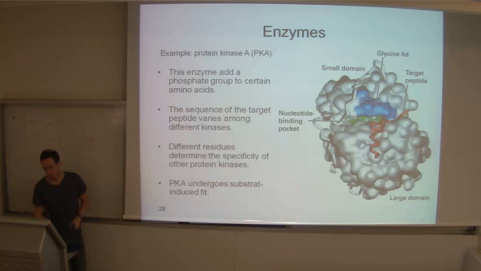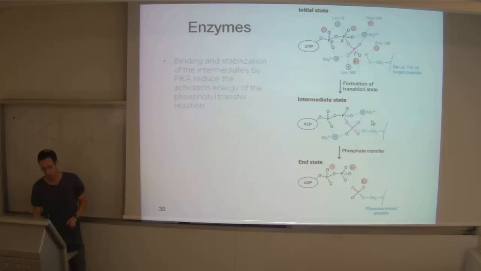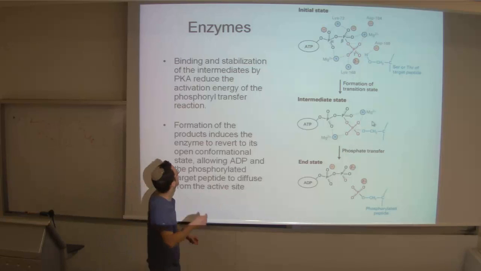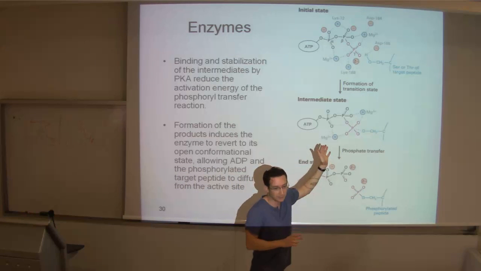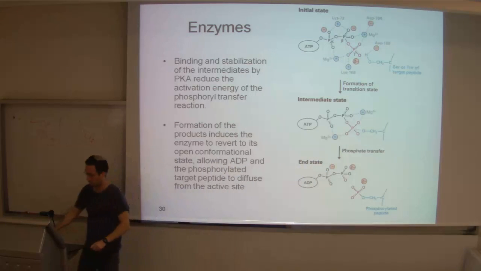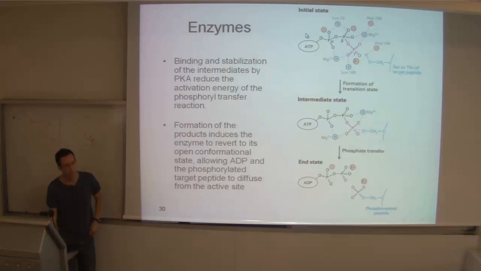Okay, so again, we are zooming in to the active site right now. Let's start with everything that is not the PKA. The black here is the ATP, the nucleotide with its first, second phosphate, and the third phosphate that's going to be taken off the ATP to give rise to ADP, and it will be linked to the blue target protein, or target